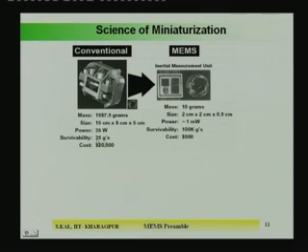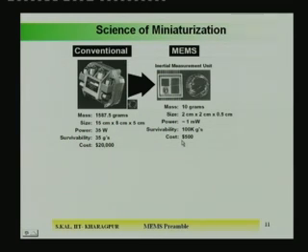On the other side, if you use a MEMS accelerometer, the mass is only 10 grams. So, instead of 1.5 kilo it has reduced to 10 gram, and the size is very small compared to this. Power, instead of 35 watt, is only 1 milliwatt, and cost, instead of $20,000, has come down to only $500. At present the price is further down, and you can get MEMS devices for nearly $10 or $50